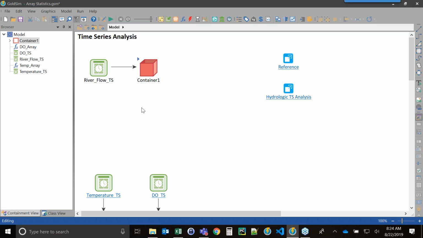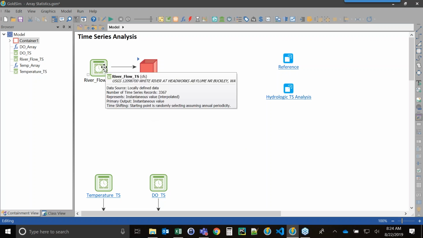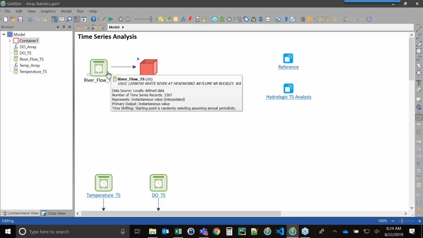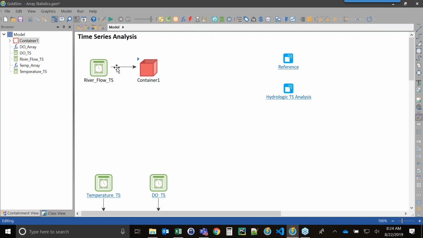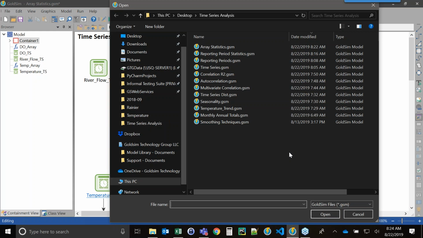There's one more flavor of this kind of thing. We already have this in our library, and what it does is it takes from a time series just like this, it builds seasonal arrays and annual arrays. So you might want to look at things like, what is the average for January in all the Januaries in my time series record? If you wanted to do something like that, then you would go to our model library and download a model that's called, hold on one second,